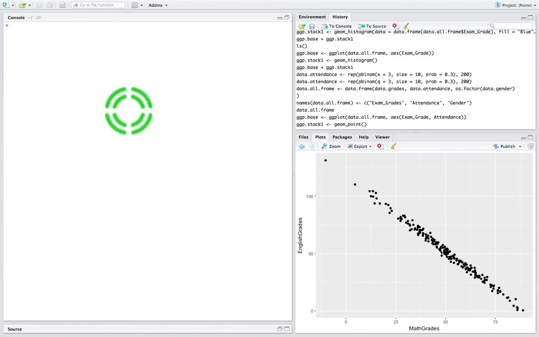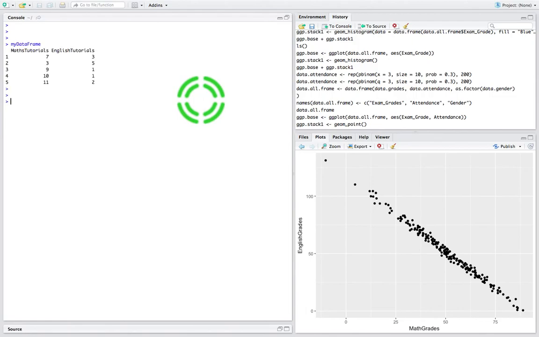What are other things that we could do? Well, we could access specific rows in our table. If I want to access a specific row in the table, let's just print my data frame again to the screen so that we see what it looks like. If I want to access the values on row 1, I will say my data frame, and this time I'm going to use